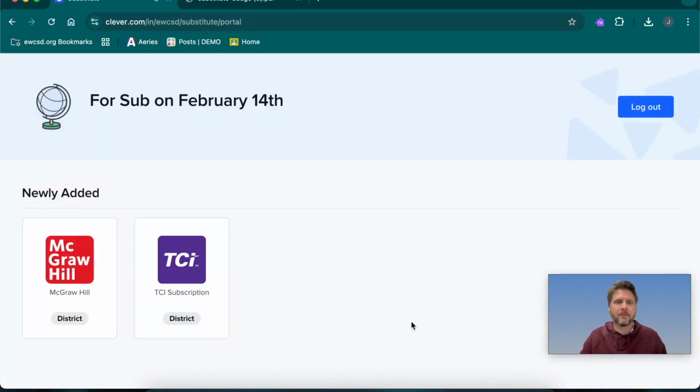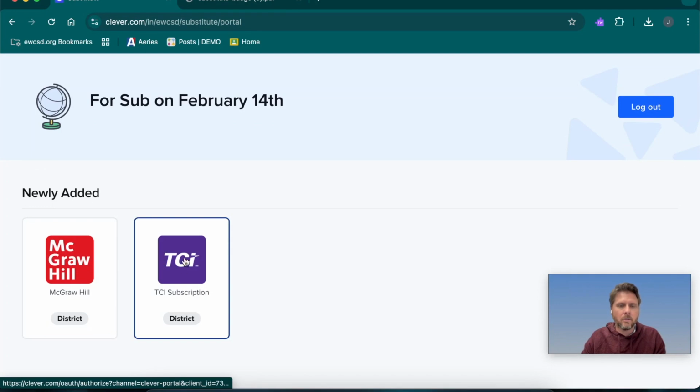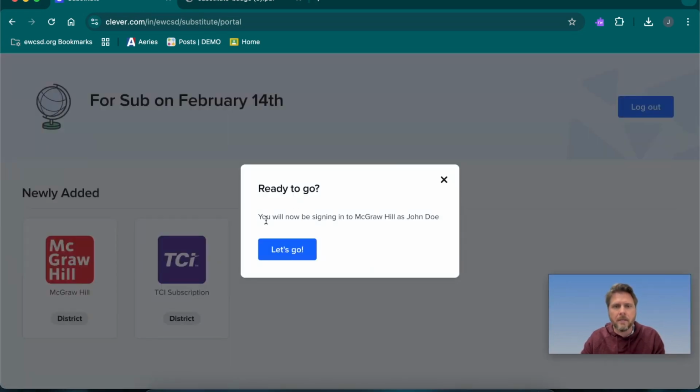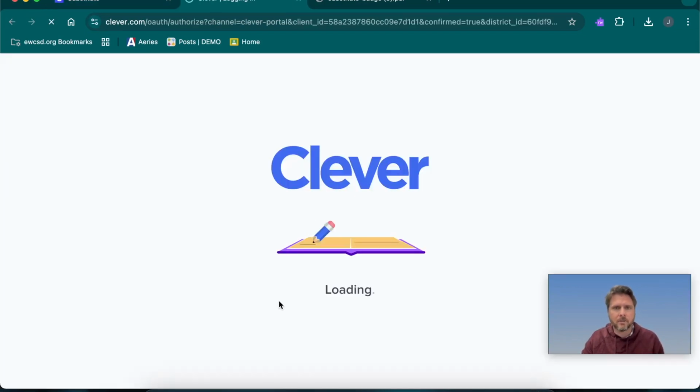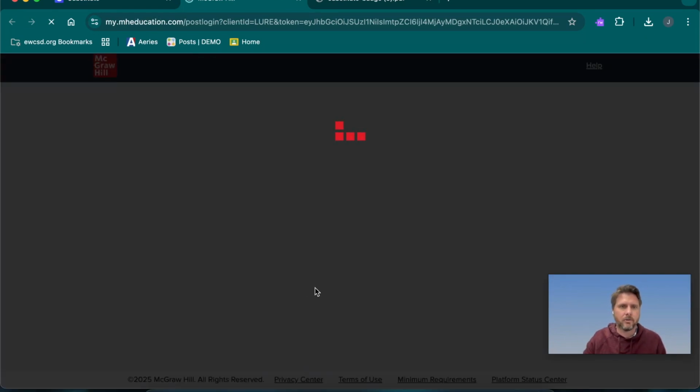And once I've done that, it's going to log me in to Clever, giving me access to the page that you were giving the sub access to. So now I have my two apps, McGraw Hill and TCI. And you'll notice when I click into McGraw Hill, it will tell me, you will now be signing into McGraw Hill as John Doe. Now, this is what your substitute teacher would see. And of course, it'd be your name. When they click on Let's Go, it's going to give them access to everything you have access to in McGraw